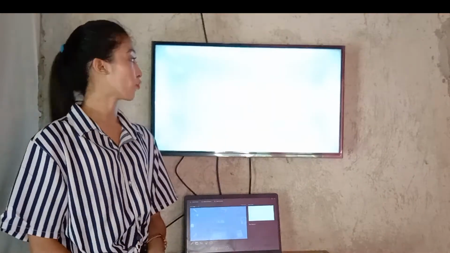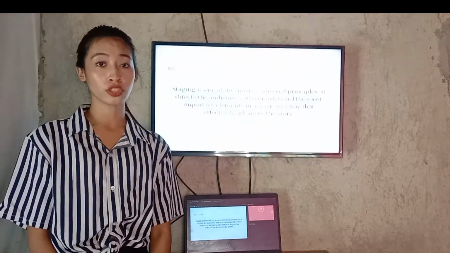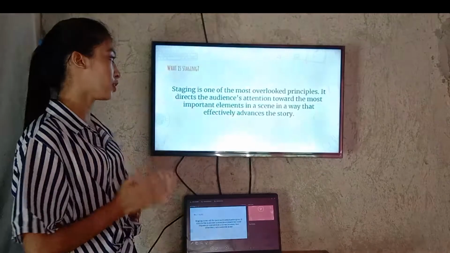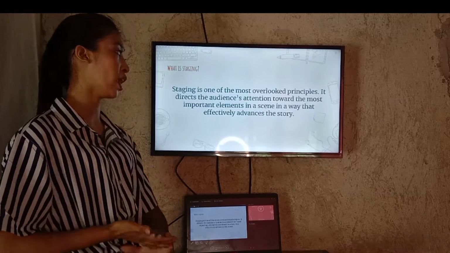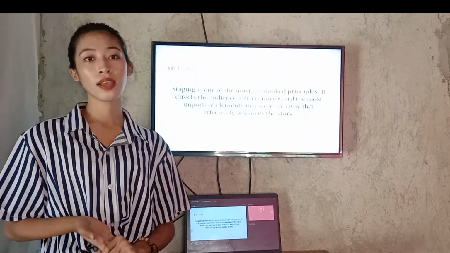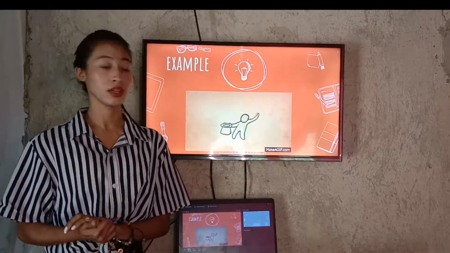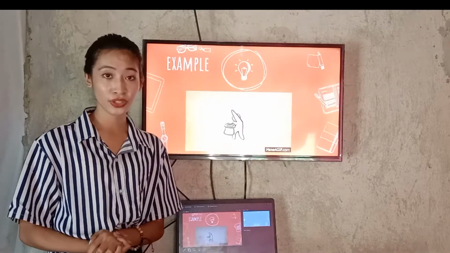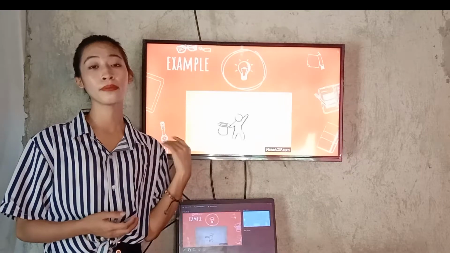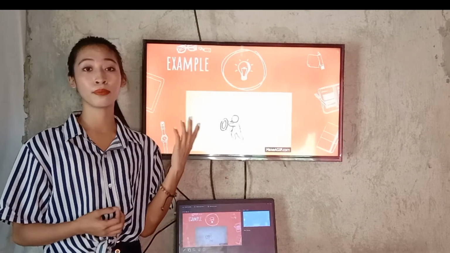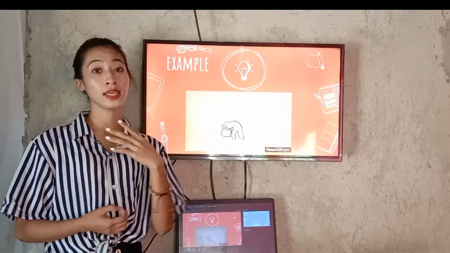Our third principle of animation is staging. Staging is the most overlooked of all the principles of animation. It directs the audience's attention towards the most important elements in a scene in a way that effectively advances the story. Here is an example of staging. The example is doing a magic trick where, as you can see, magic can catch our attention, and the performer will be able to get the attention of the audience to see what he or she will